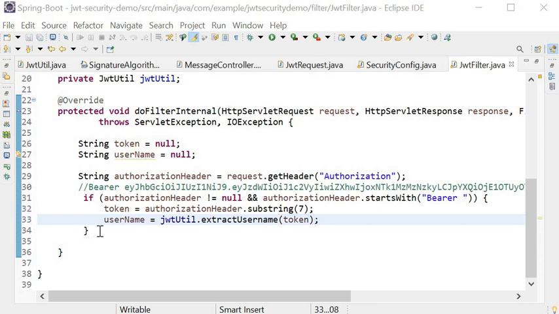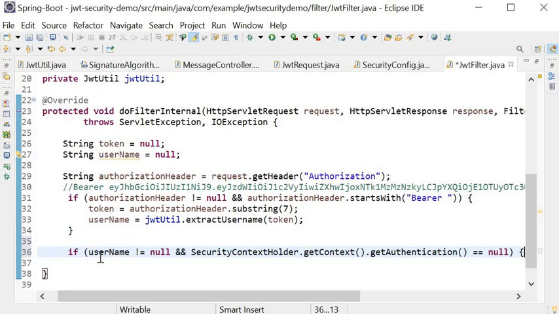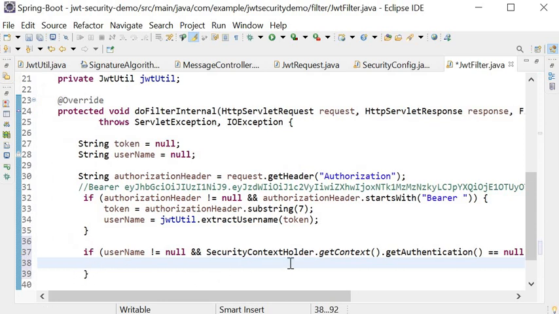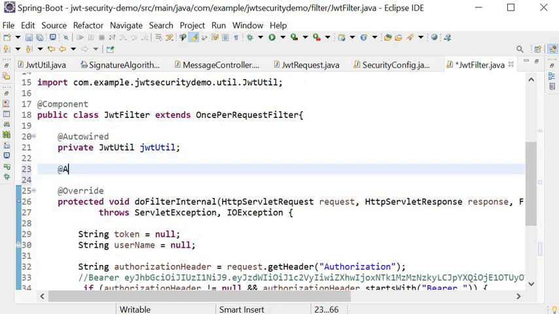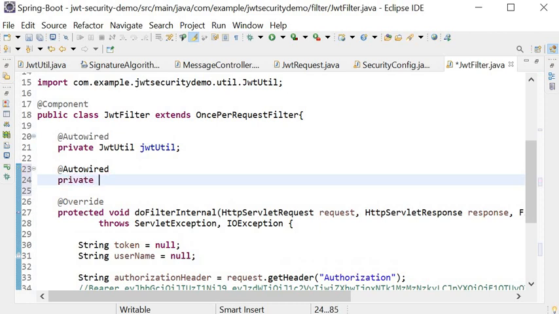Next we need to check that the username is not equal to null and that SecurityContextHolder dot getContext dot getAuthentication is equal to null. Then we will use the custom user detail service to load the user by name. So first we need to inject the custom user detail service class here. I will use @Autowired, private custom user detail service.